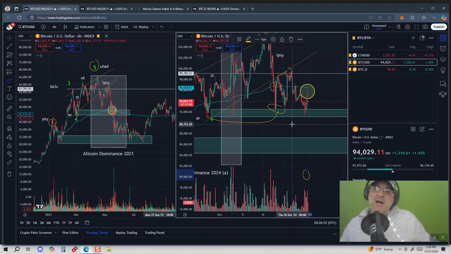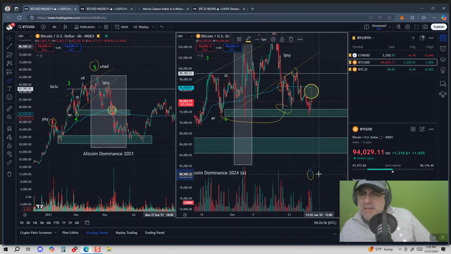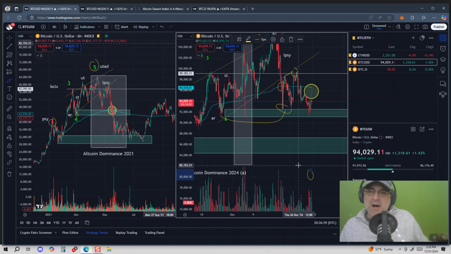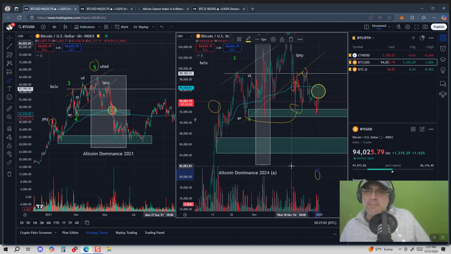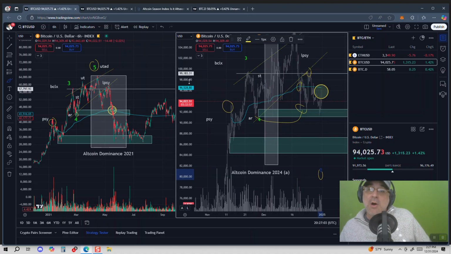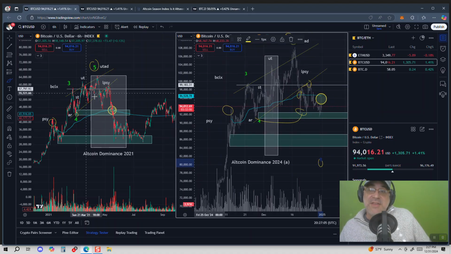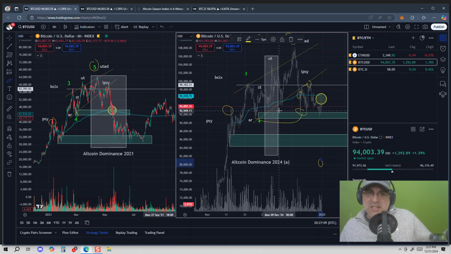So that is yet another bearish signal that we could be in for more downside action with Bitcoin, more sell-offs, and that would jibe with what we've been seeing so far with how these wave trajectories have been playing out. So it should be no surprise. In fact, I was expecting this,